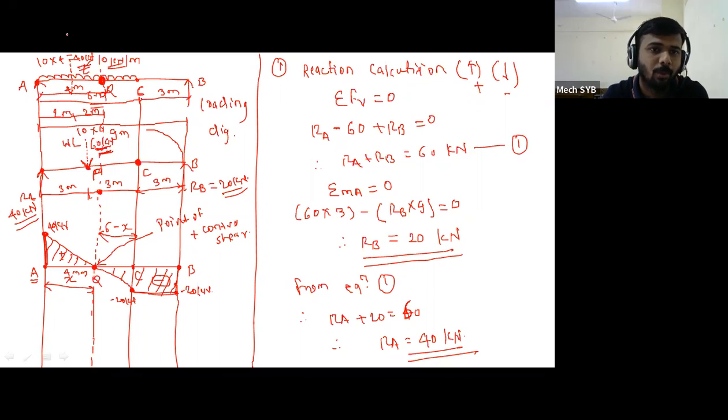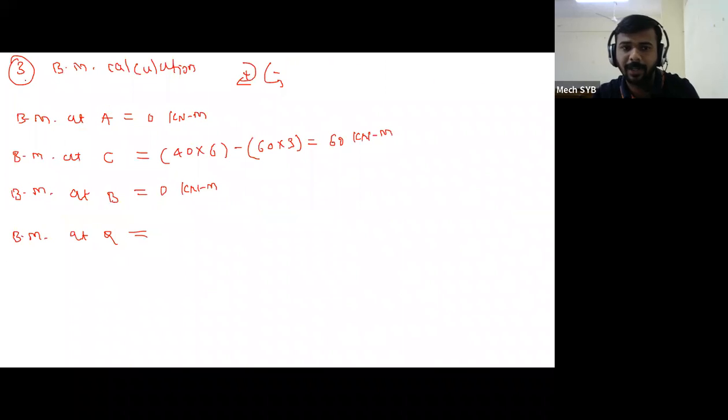बघा मी काय केले वरच्या ओरिजिनल डायग्राम मध्ये 10 into 4, 40 kilonewton रिप्रेझेंट केलं आणि त्याच्या खाली 2 meter from the left side, 2 meter from the right side. So represent it in your figure also. Now, as the two forces are present at the left side, resolve that forces. Here also I will write. See,